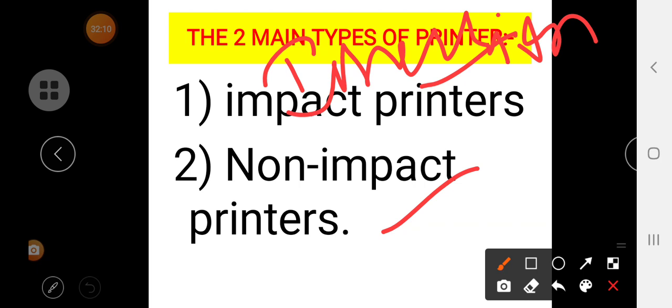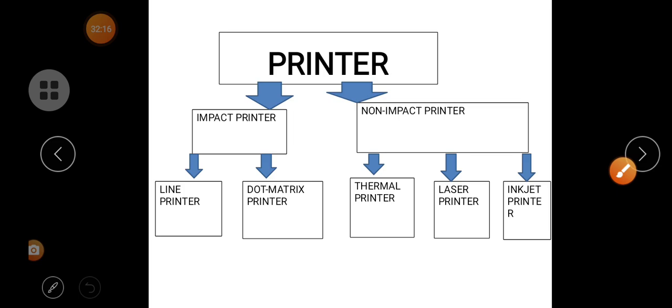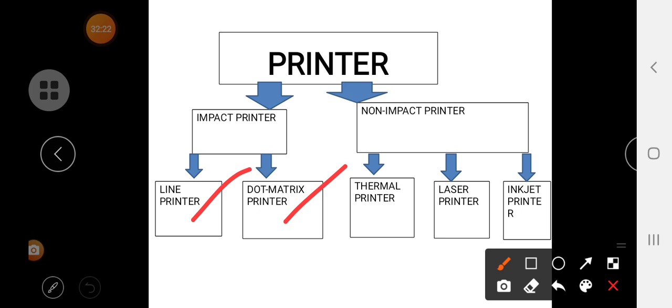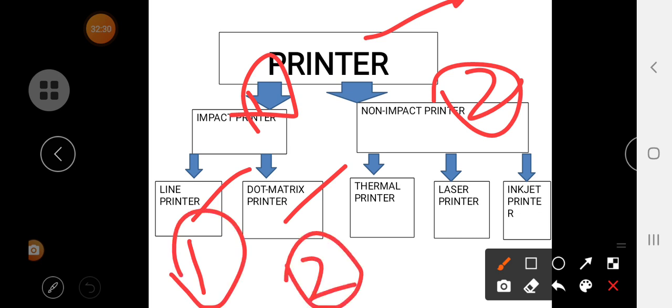There will be impact printers. So what is that? We will see. See, there are two types of printers: impact printers and non-impact printers. In impact printers, we have line printers and dot matrix printers.